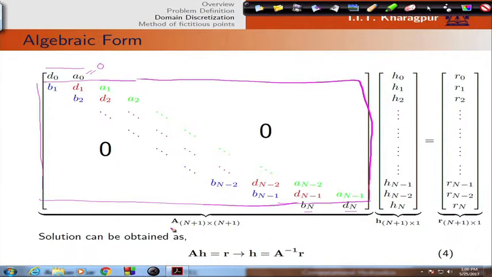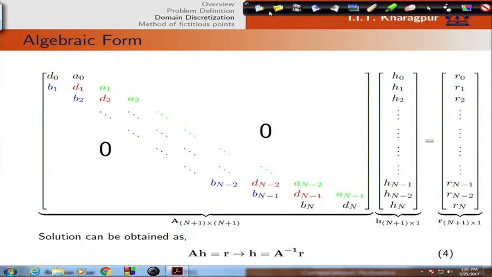So, in general structure, this coefficient matrix is n plus 1 into n plus 1, and this H is n plus 1 into 1, and R is n plus 1 into 1. So, the solution can be obtained easily with this equation, H equals A inverse R, and in this case we can easily get the solution, but the problem is